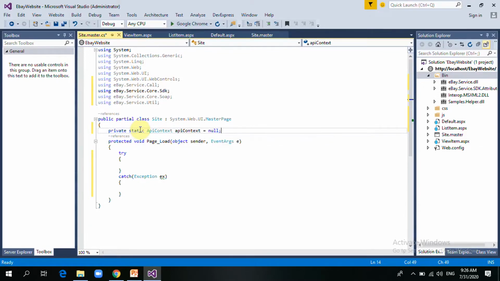I'll make it empty, just like how it's shown in the SDK. Then now here on page load here, so I said we're gonna